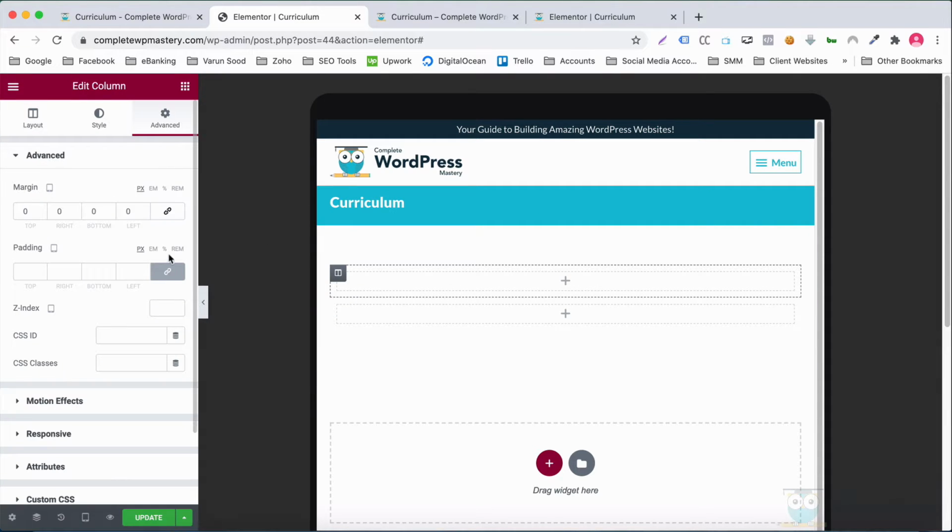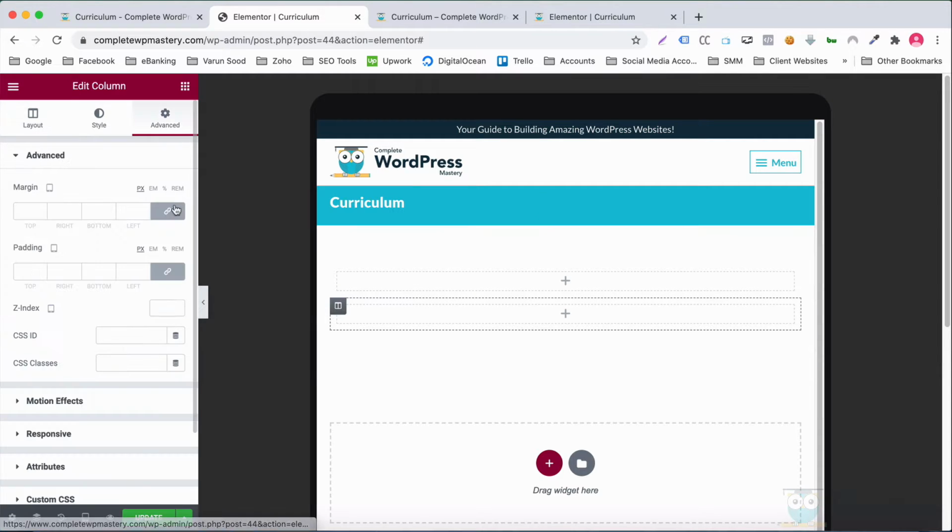The top column will have a bottom margin of 40 pixels, and the margin for the bottom column would be 0 on all sides.